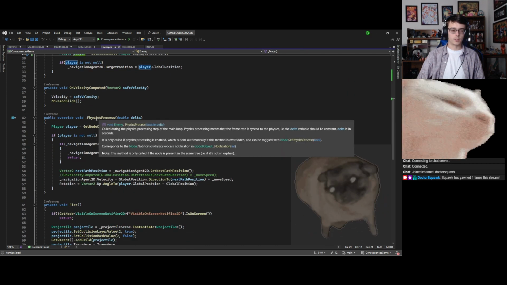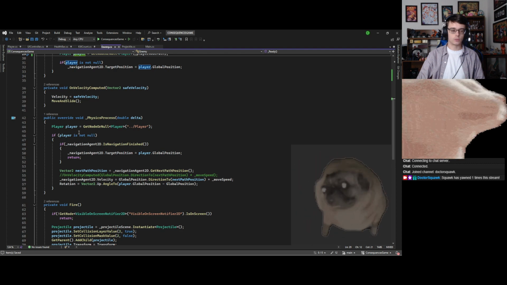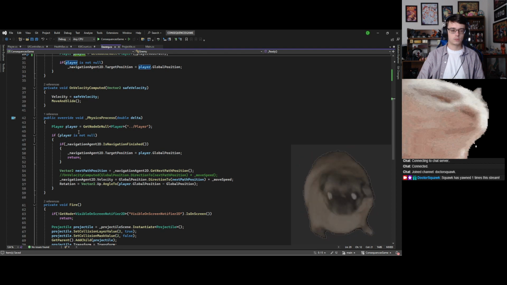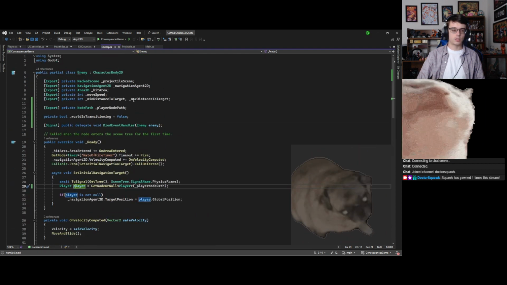Oh wait, the enemy's getting access to the player every single physics frame? Why don't they just keep the reference?